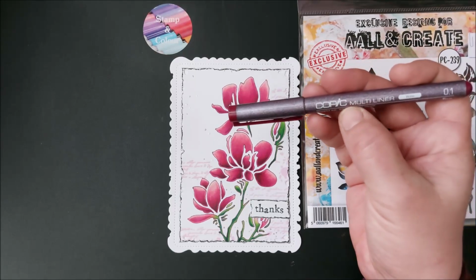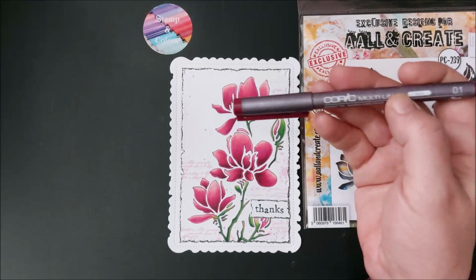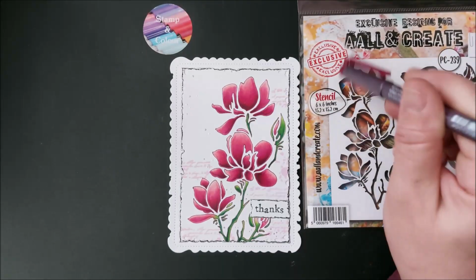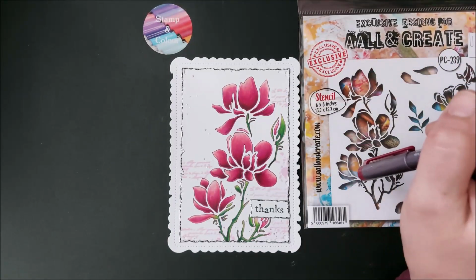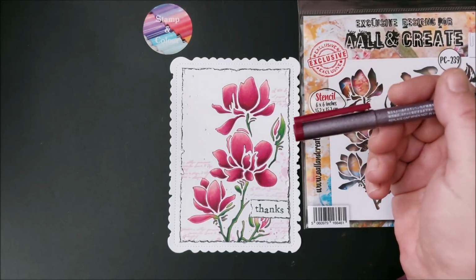So I used a Copic multiliner. The color is wine. I traced inside the shapes of the stencil,